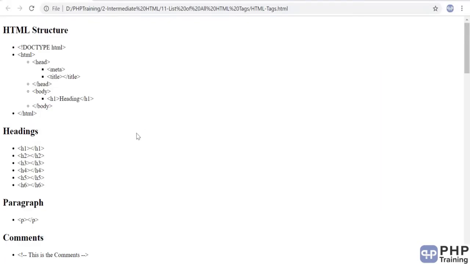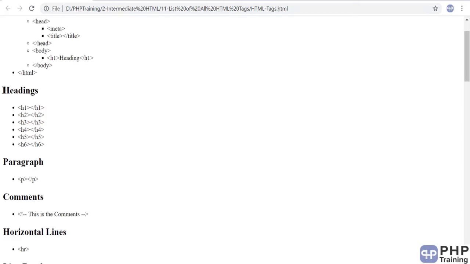We'll do a quick review of what we have seen in HTML. As part of the HTML structure, we have seen doctype and html, starting and ending, the head section and body section, meta, title, and then the h1 tag in the body section. We talked about head being invisible and body being visible. Anything you want to describe about the page, you put in head. Anything you want to display as content in the web browser, you put in body.